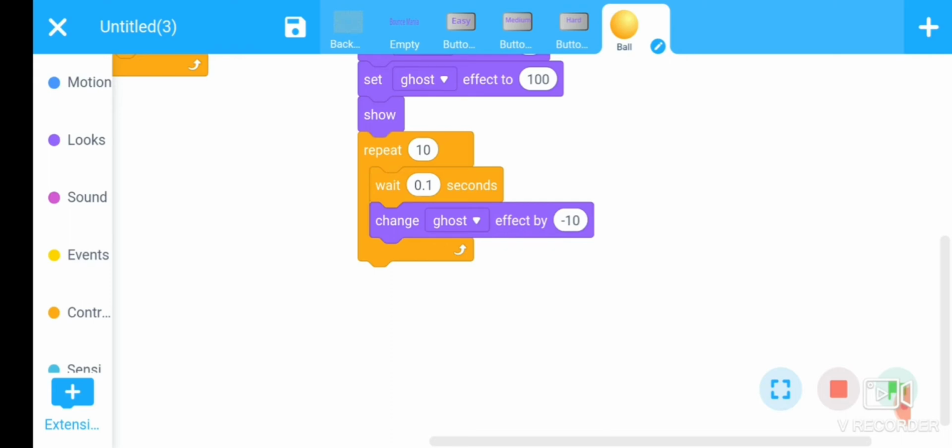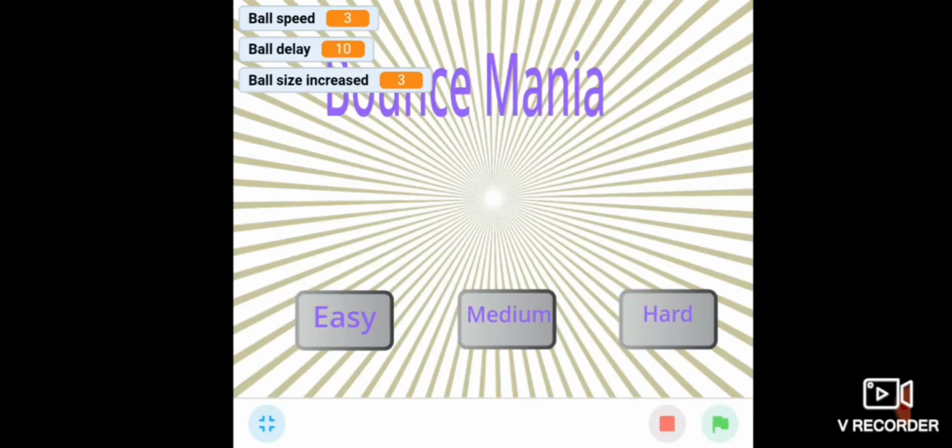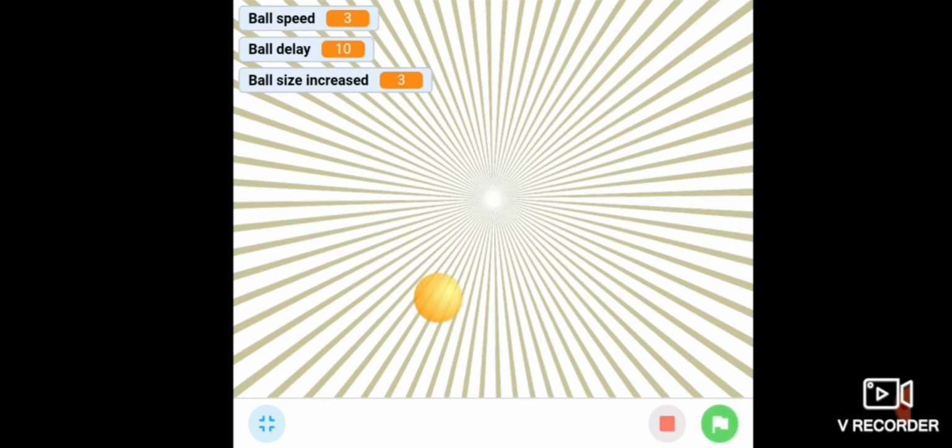Fine. Now again run the code. You can see on the screen that the ball appears on the screen. Initially it is blurred and then it becomes clear. Slowly it becomes clear. Okay, fine.